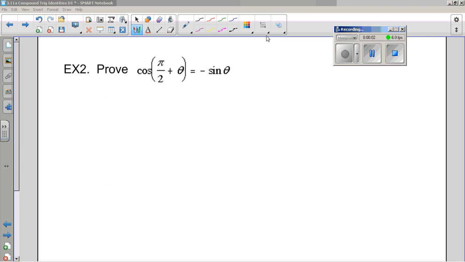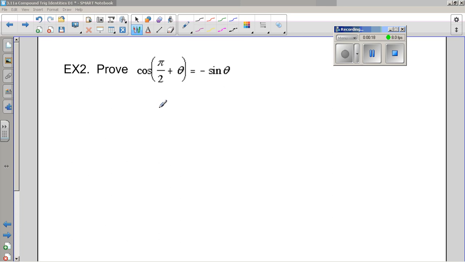Okay, part three, the dreaded part three. Here we go. This is actually going to be a little bit of a long video as well because we have a couple of examples to do. One of the things that we can do with our compound trig identities is to prove other trig identities,